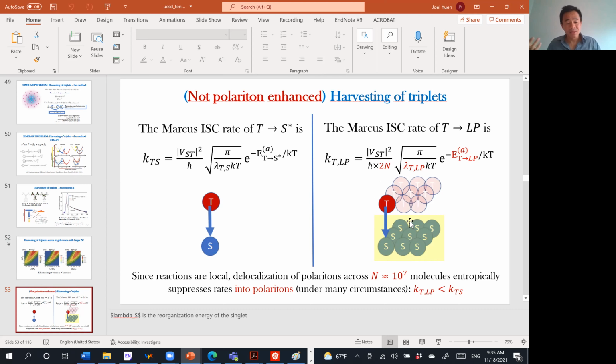So another way to say this is that because reactions are local and polaritons are delocalized, transferring into a polariton state is normally a very slow process and it shouldn't be happening. Okay, now